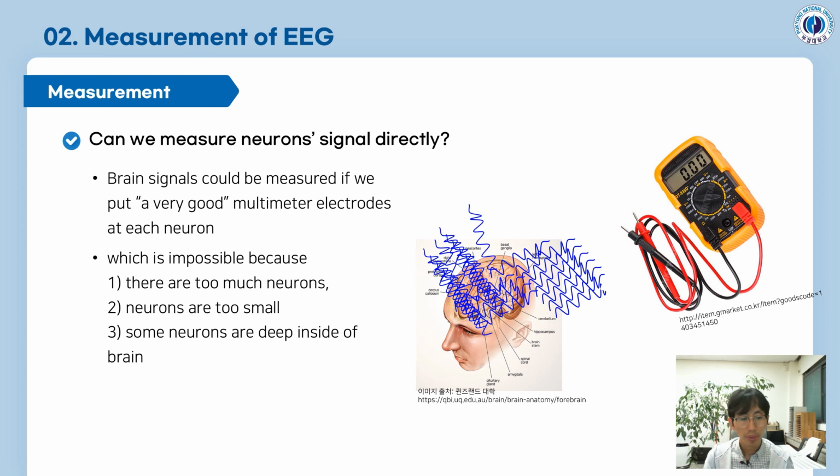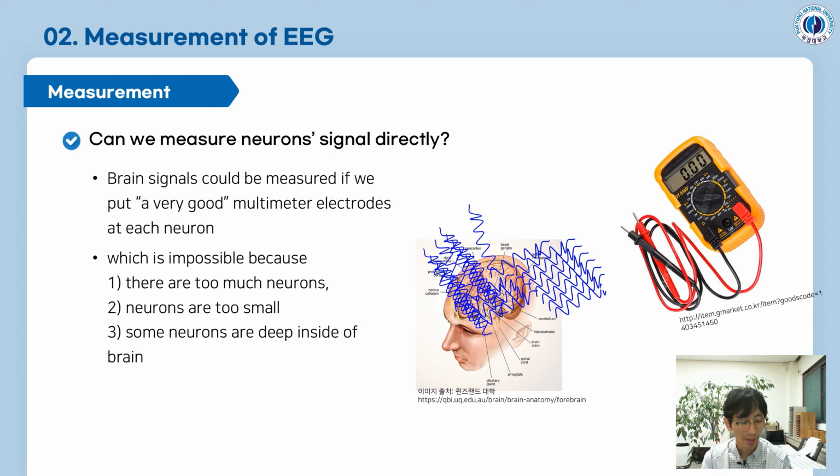Then we can measure our EEG, our brain activities, directly from a neuron. If there is a neuron, and I put one electrode on the neuron's left side and the other electrode on the neuron's right side, I can put two electrodes like this, and then we can easily measure what happens in that neuron. But it is very, very difficult